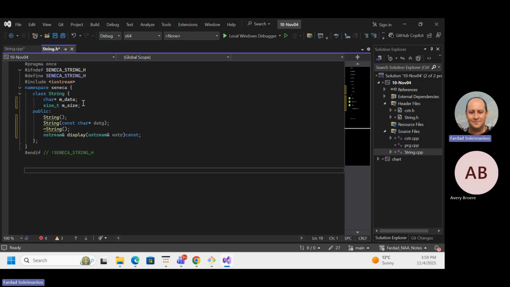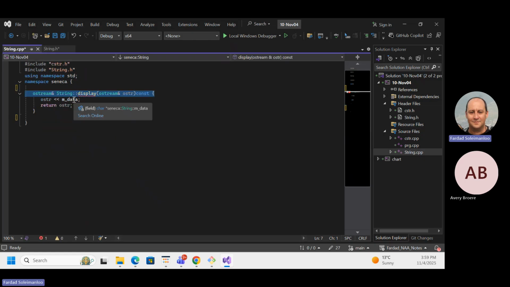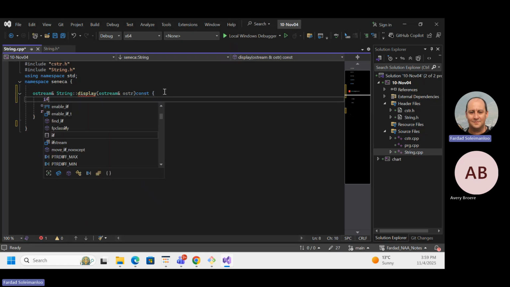So one thing that is always good to do is to initialize these things right off the bat. This guarantees that no matter what type of constructor you have, those things are defaulted. The standard of empty curly bracket in front of anything nullifies it. So this becomes null, this becomes 0. We good? All right. So now our display, when it cannot display, when data is null, right? So all I need to do over here is saying, I can either say if mdata and just display it. I can just do this.